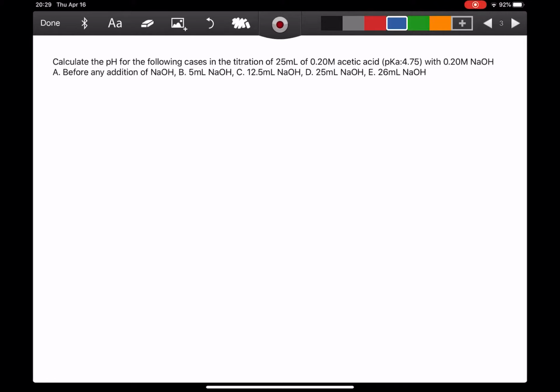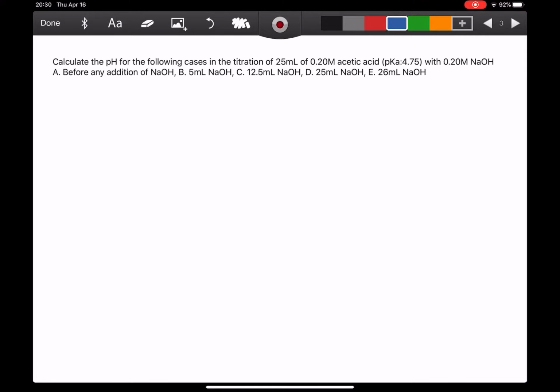All right, so today we're going to look at a titration curve of a strong base going into a weak acid, and we're going to calculate the pH of the solution along various points of the titration. So we're starting here with 25 milliliters of 0.2 molar acetic acid, and the pKa is 4.75 for that. And we're titrating it with 0.2 molar solution sodium hydroxide. So we're asked to find the pH before we add any hydroxide, after 5 milliliters, 12.5 milliliters, 25 milliliters, and